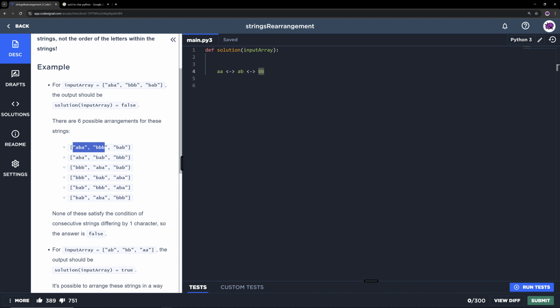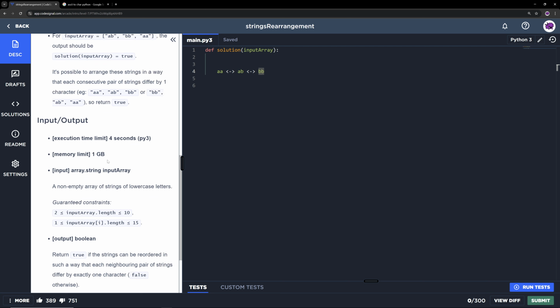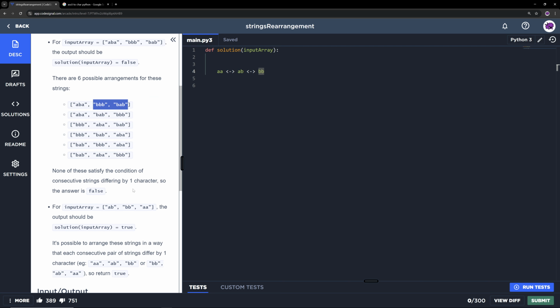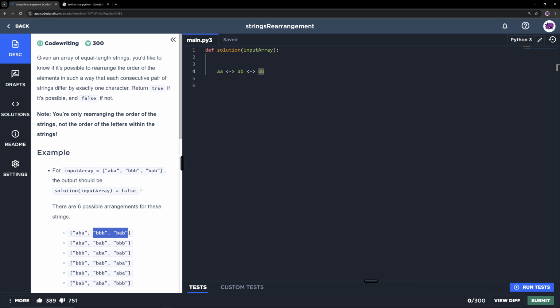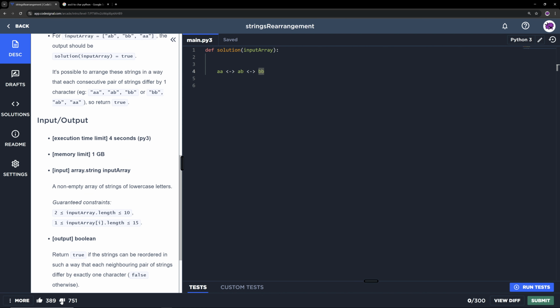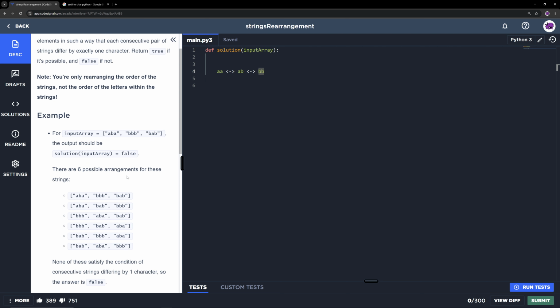Do these two differ by one? Do these two differ by one? So probably this is the hardest problem of CodeSignal thus far, and you can see that from the count as well. Input length is 10. Okay, 15. Not sure which one is better though, the brute force or the graph. If I do graph, then the starting location I should